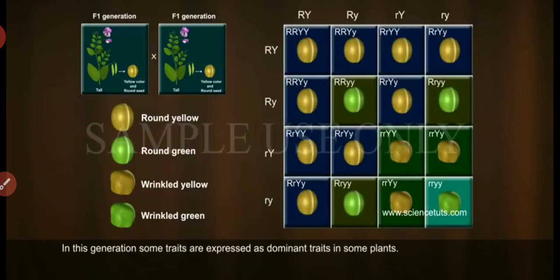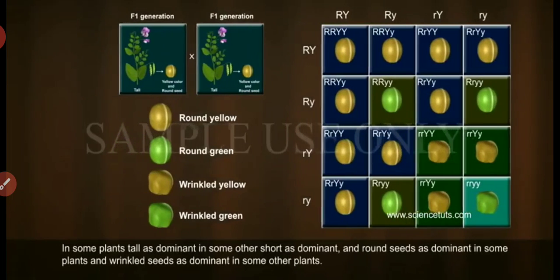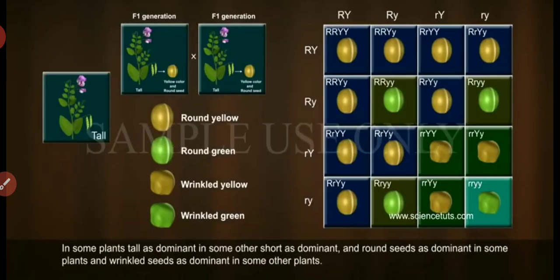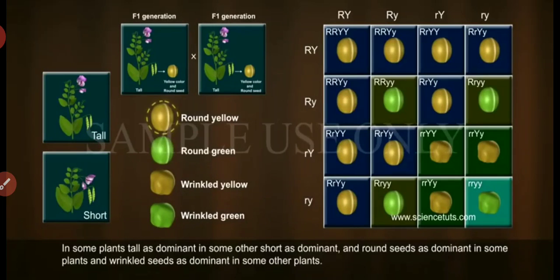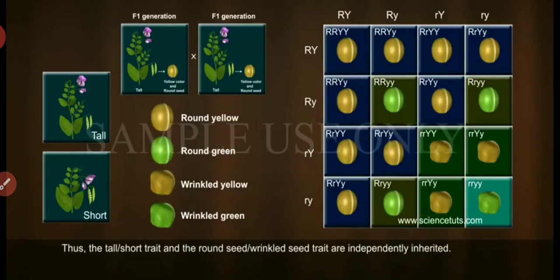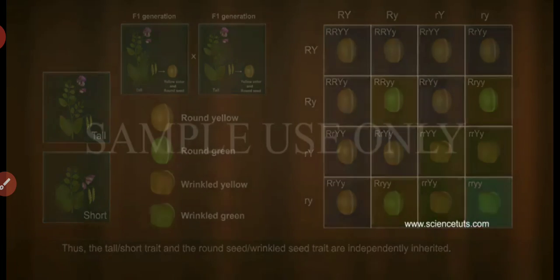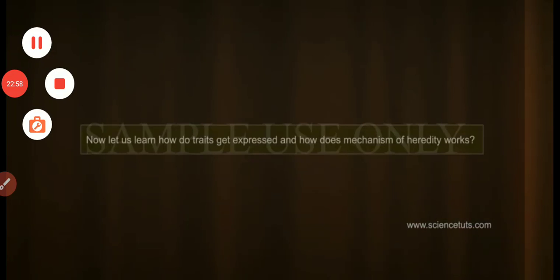In this generation, some traits are expressed as dominant traits in some plants. In some plants, tall is dominant, in some others, short is dominant, and round seeds are dominant in some plants and wrinkled seeds are dominant in some other plants. Thus, the tall or short trait and the round seed or wrinkled seed trait are independently inherited. Now let us learn how traits get